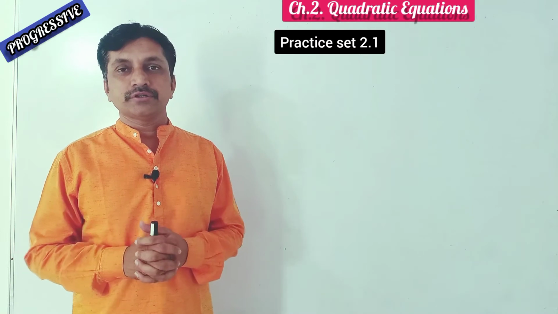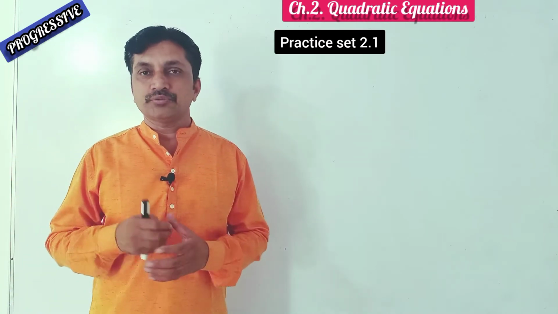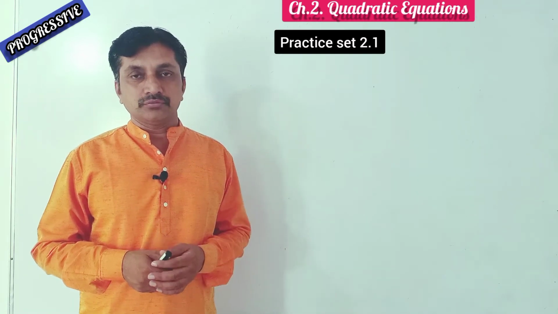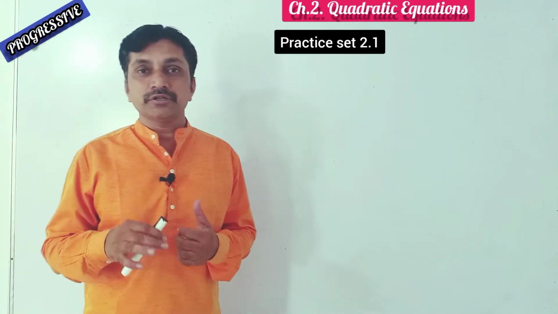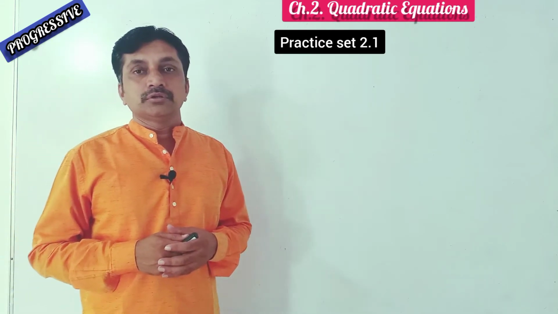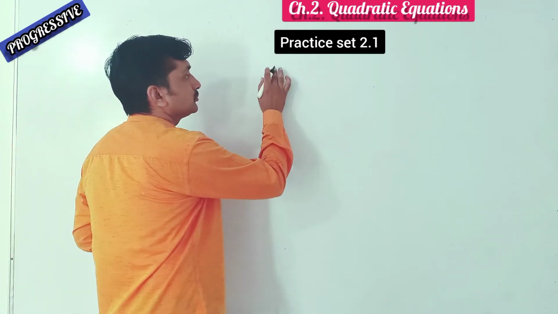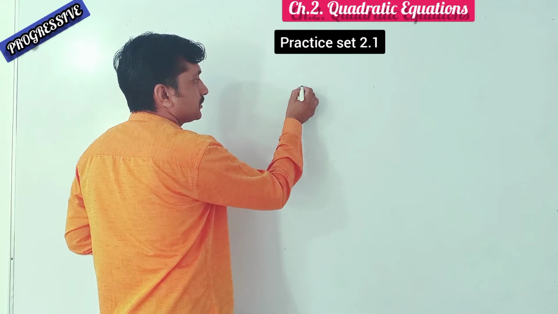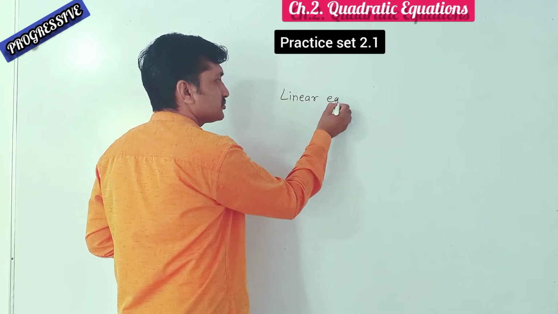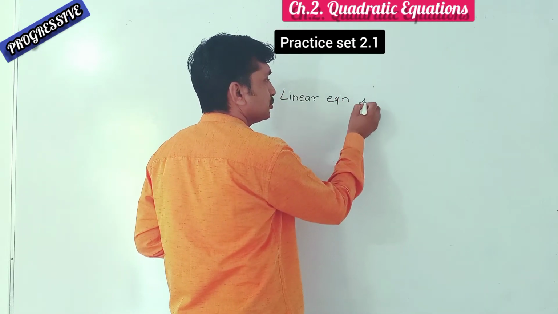In this video we are going to study chapter number 2, quadratic equations of Maths 1 of standard 10. Now, which equation is called a quadratic equation? In chapter 1 we studied linear equation in two variables. Here we have to study quadratic equation. That type is based on its degree. Now, linear equation in one variable, you know. Standard form of linear equation in one variable is